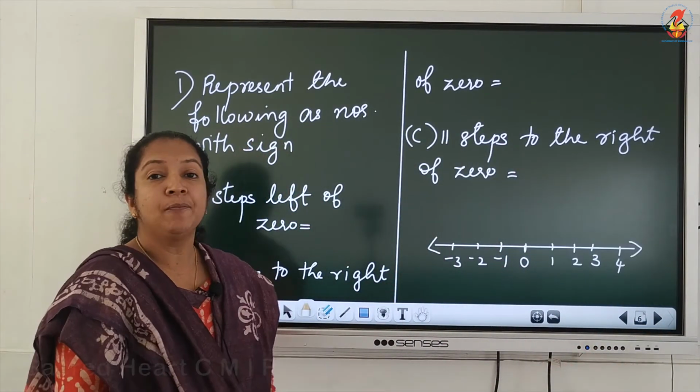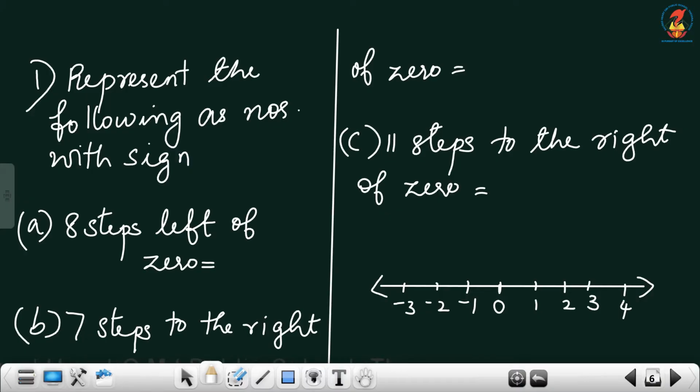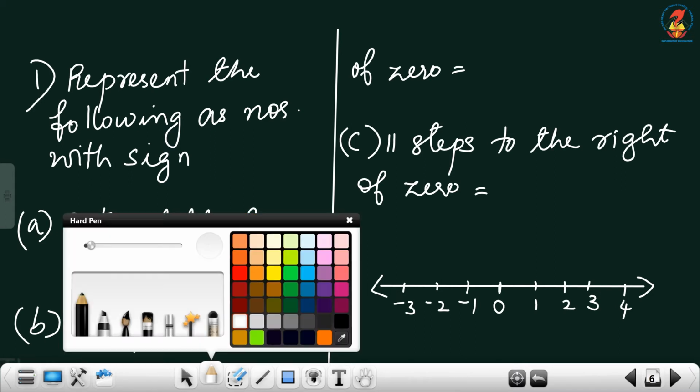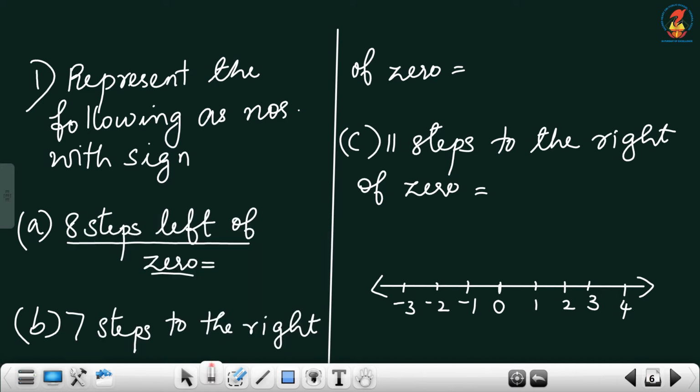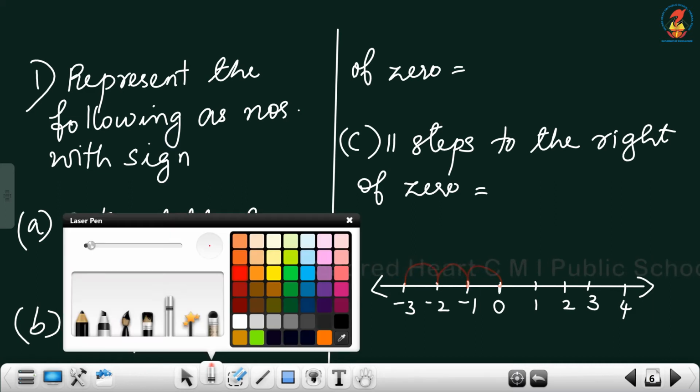So, next is: represent the following as numbers with a sign. 8 steps left of 0. Left of 0 means we should go left: 1 step minus 1, 2 steps minus 2, 3 steps minus 3, and so on. So 8 steps left of 0 means